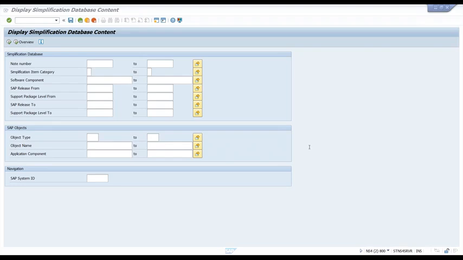But one important thing here: if you are using SQL script with an obsolete table, I don't think such an ATC check will be able to identify that. I've never tried it.